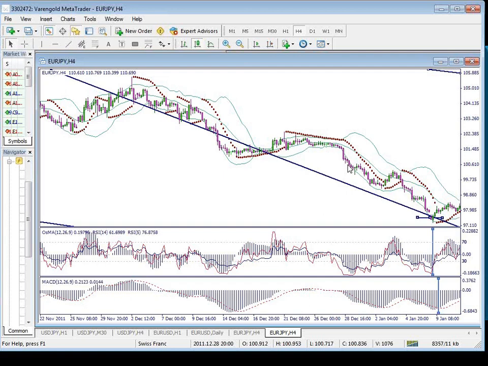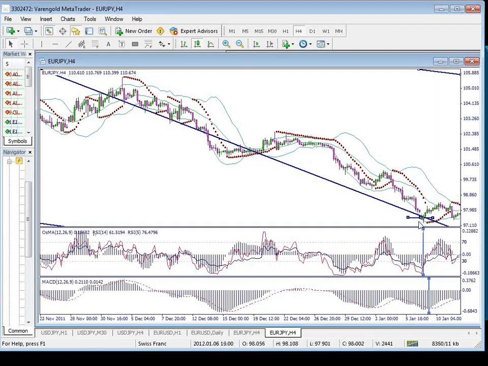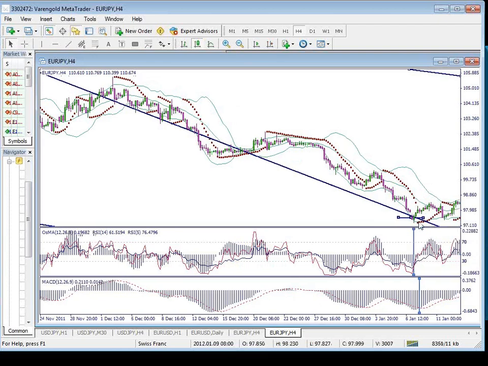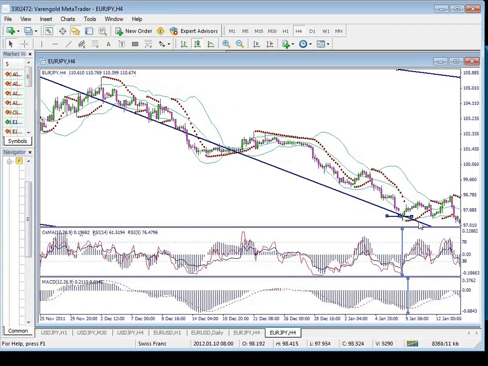But if we also have the signal on daily, we can probably stay weeks or more in one winning trade. Actually, because it was one trend line, and it was